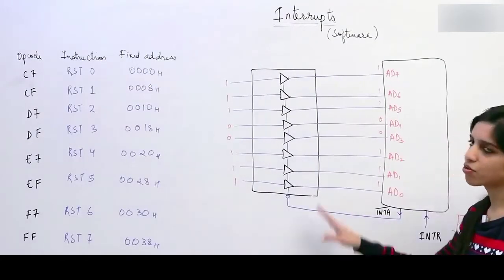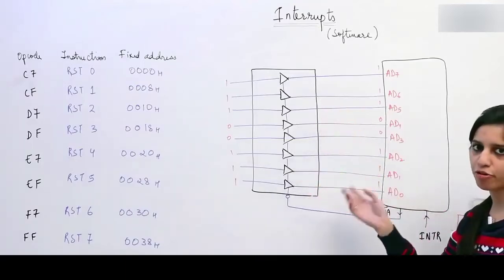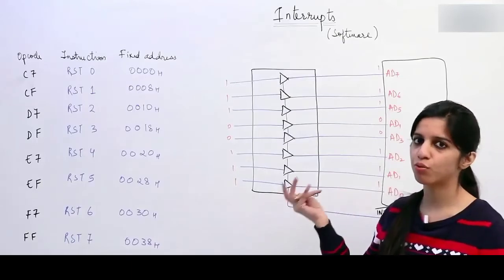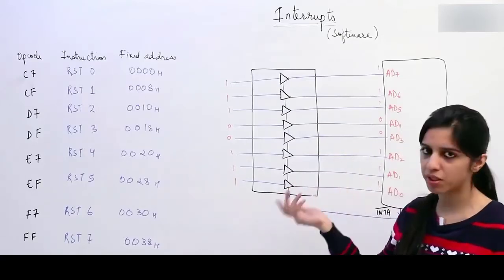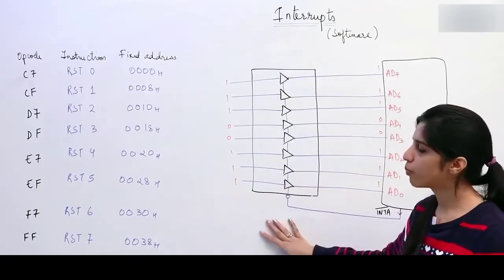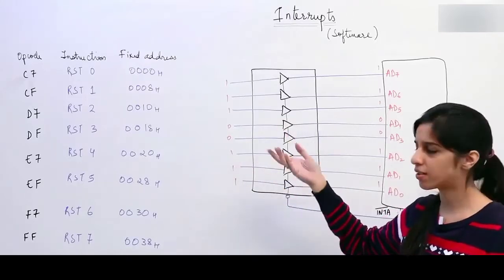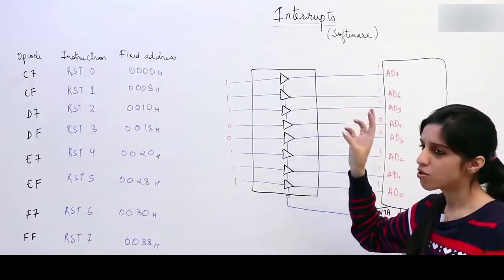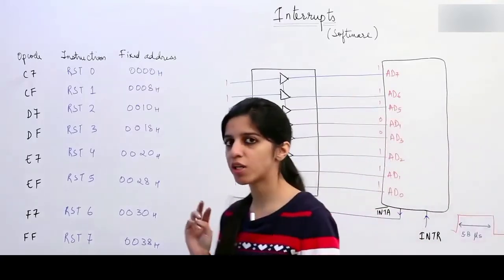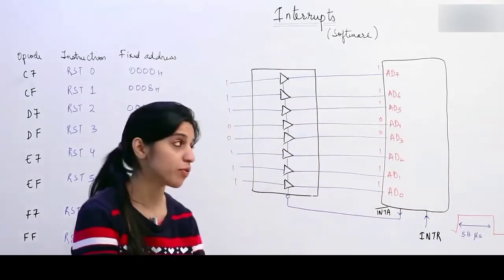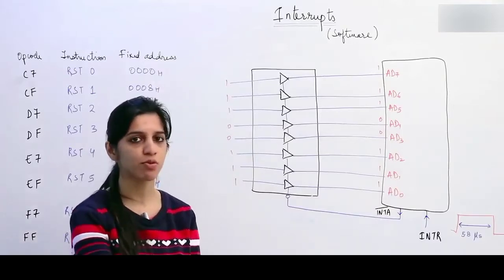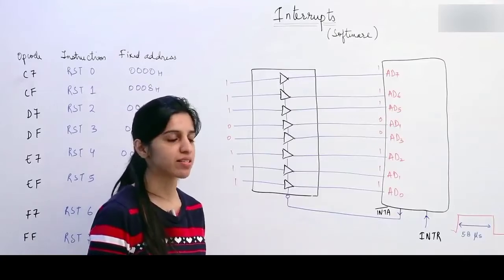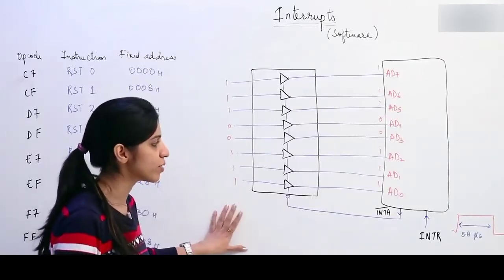Okay, so now we look at software interrupts. We have already seen 5 hardware interrupts. We have seen their programming, how to set the masking, how to read masking, how to enable flip-flop. We have also seen the circuit diagram of all the hardware interrupts. Now we look at software interrupts. We have already discussed that there are 2 types of interrupt. One is vectored interrupt, which have a fixed address, so whenever you raise those interrupts, they will reach a fixed address and a fixed ISR is going to be executed.